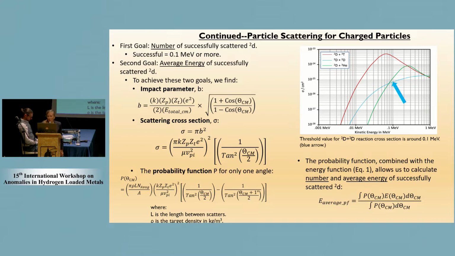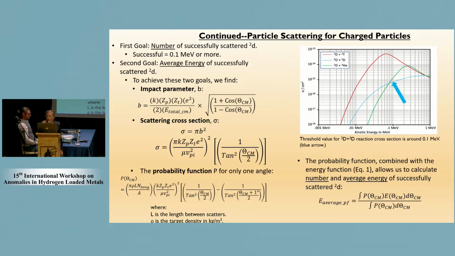To achieve these 2 goals, we need the impact parameter, the scattering cross-section, and the probability function for scattering. The probability function for only one angle is shown here. The probability function combined with the energy function allows us to calculate the number of successfully scattered D2, as well as their average energy. The curve here is the experimentally determined